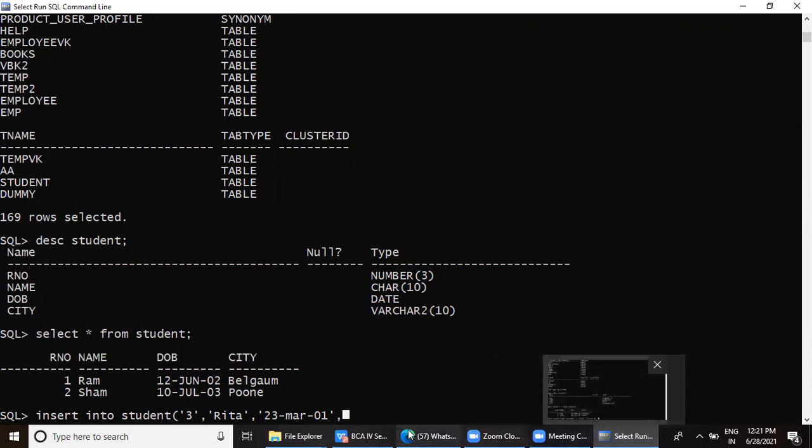Anyways. So now the fourth value I am supposed to give here is city. So I give again single quote. Close the bracket, give semicolon.